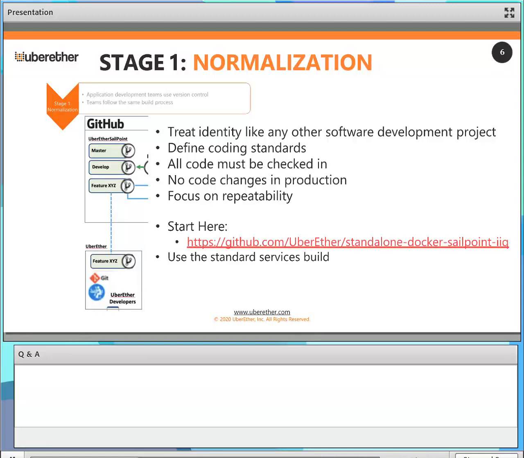So if you can just get everybody working out of the same code repository, working off the same changes on a daily basis, and then building it with the same set of tools, instead of some people writing shell scripts, some people copying manually, you'll be amazed at just the progress this will give you in repeatability and confidence in your platform. At UberEther, we've built a